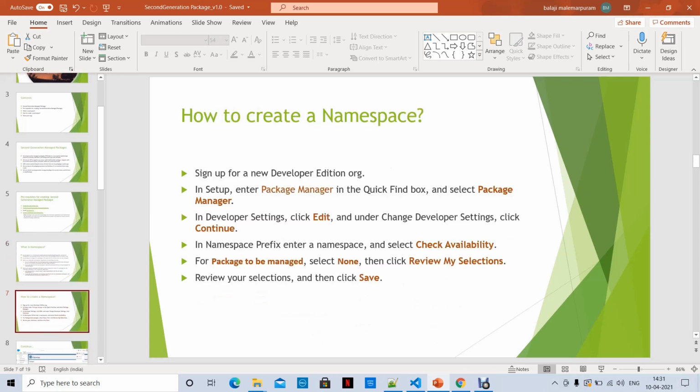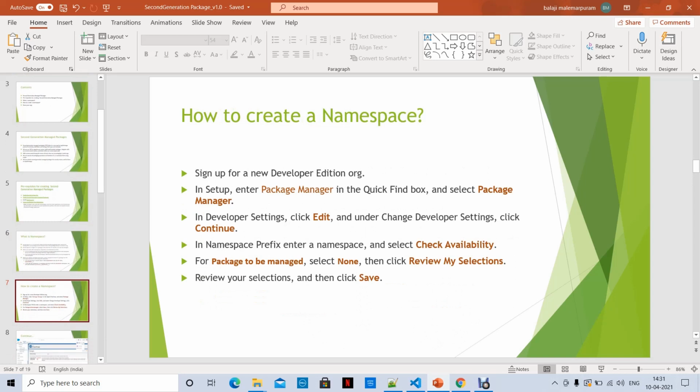Now, let's go to how to create a namespace. First thing is, for creating a namespace, you should have a developer edition org. That means you have to create an account with the developer edition org. If you already have one, you can do the following steps. If you don't have one, create a developer edition org.